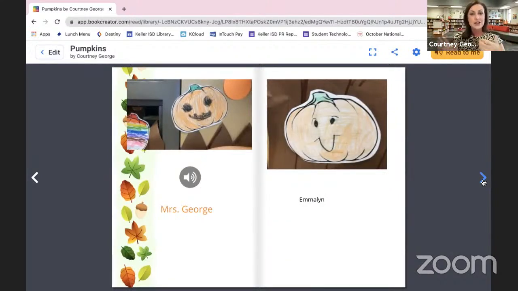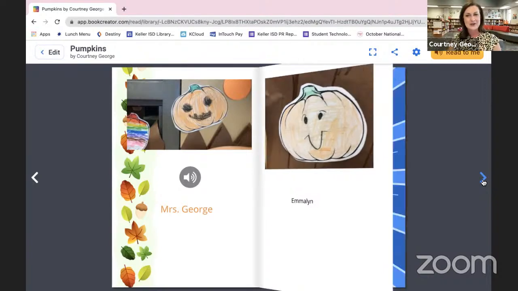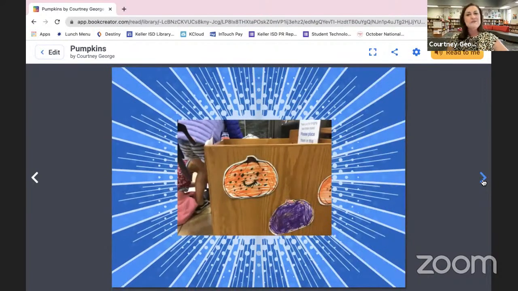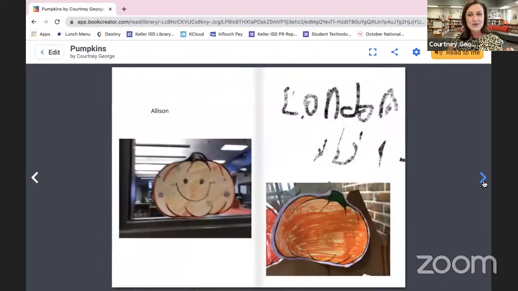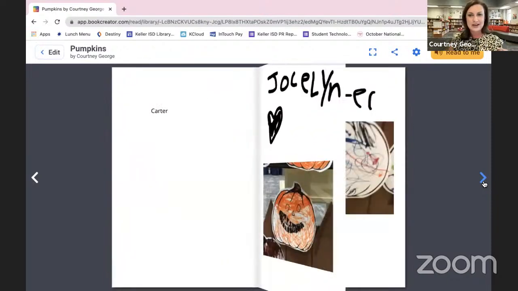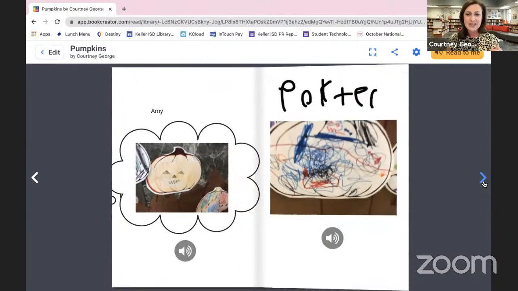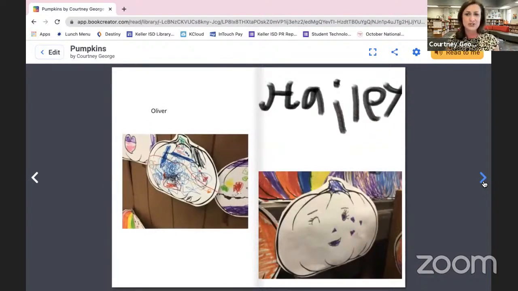Other friends spent a lot of time on their backgrounds or their text features, and they haven't completed. So it is a work in progress, but as you can see, as I'm scrolling through our books, the three things that I asked them to have were their name, the picture of the pumpkin that they chose, and then a recording of their voice telling the story. So I'm going to scroll through and show you guys, and let you see some of their different personalities.